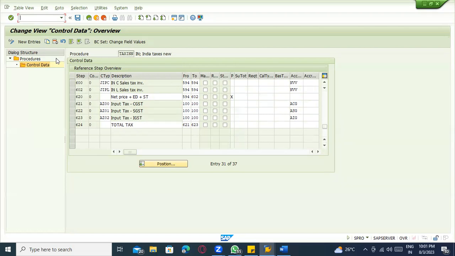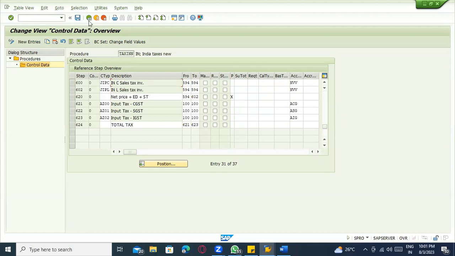So it is an entirely separate topic, which the financial team will be taking care of. They define the tax procedures, because these are used in sales, in material management, and for services, so many places. The finance people will define the tax procedures and conditions, the same way we do the general pricing procedure.